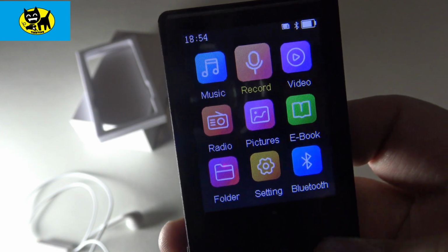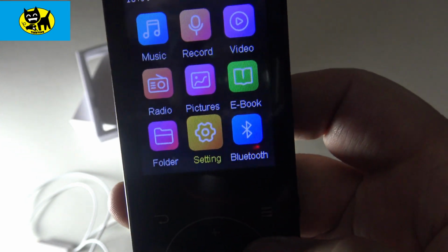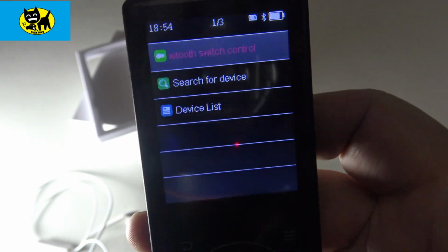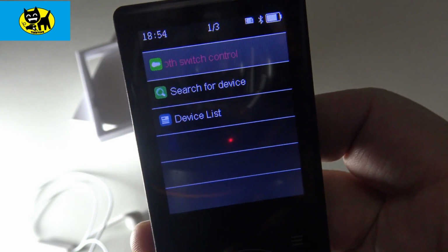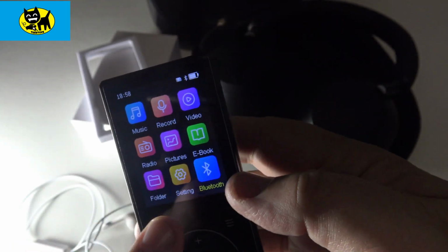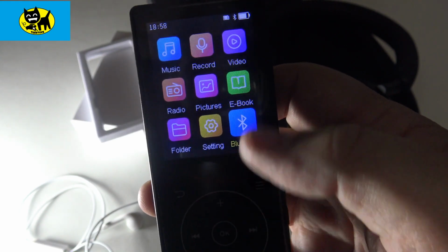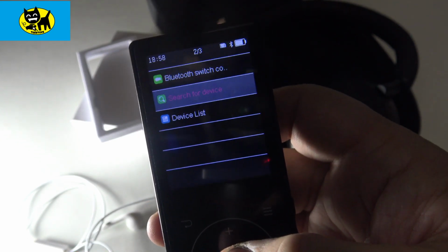Now I want to show you the Bluetooth here. Okay, going down here to bottom row right, Bluetooth. You can actually hook up different Bluetooth devices, and I'm gonna go ahead and bring over a device, and we're gonna check this out together. Now for Bluetooth here, it's very simple. All you have to do is highlight the little button. So we're going to hit cursor over there, click OK, and now it's going to go ahead and pull up